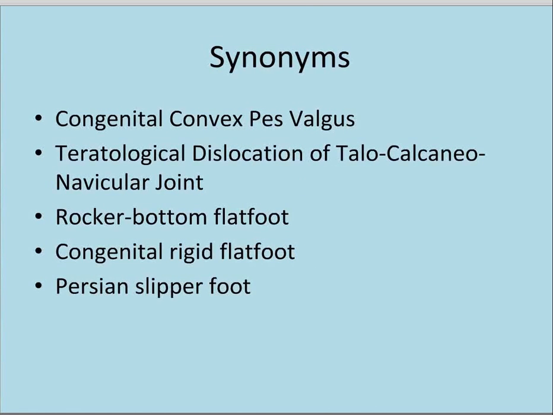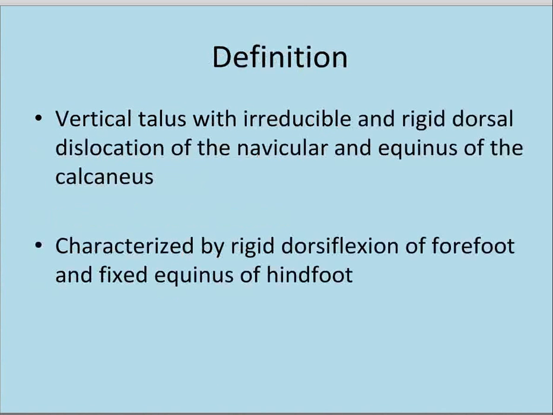So it's known by a lot of different names. A lot of this talk has already been covered previously, just this afternoon, in terms of treatment, and also the other neurological conditions. So I can skip over some sections. In terms of definition, what it is, it's basically the talus becomes vertical and the navicular becomes dislocated dorsally, and